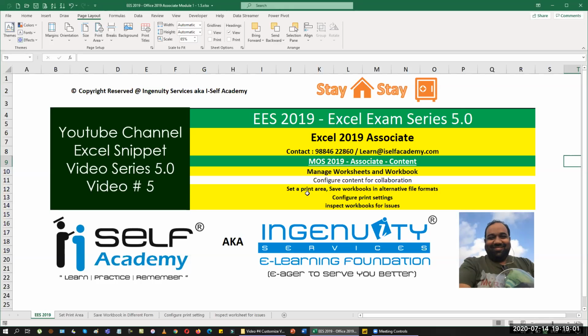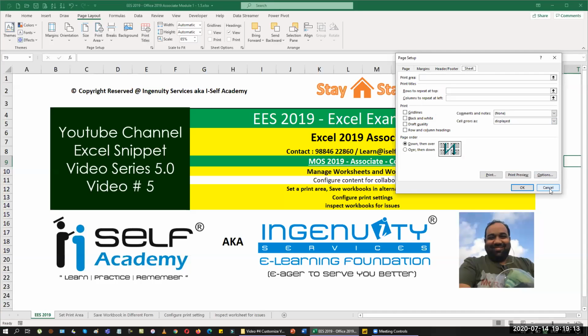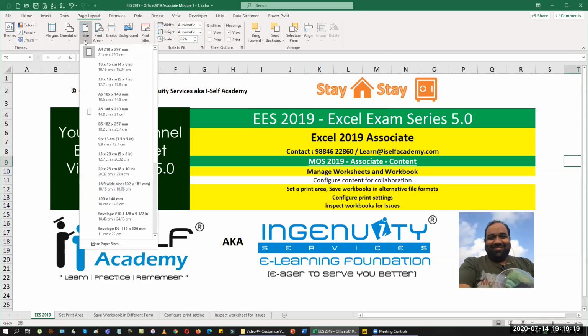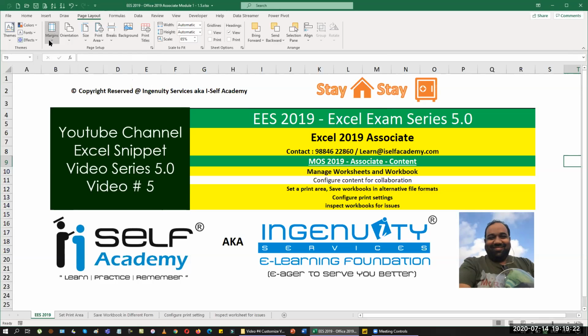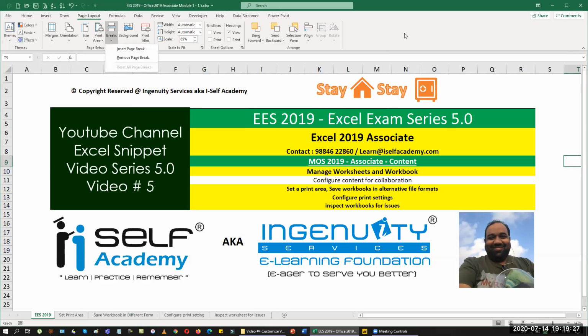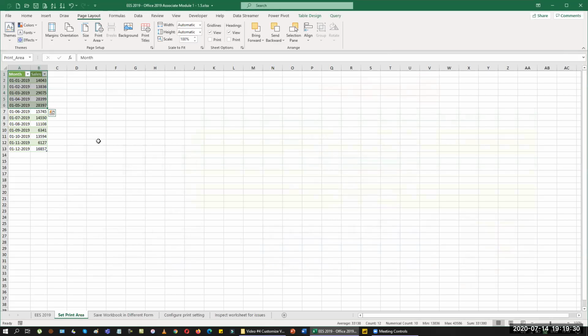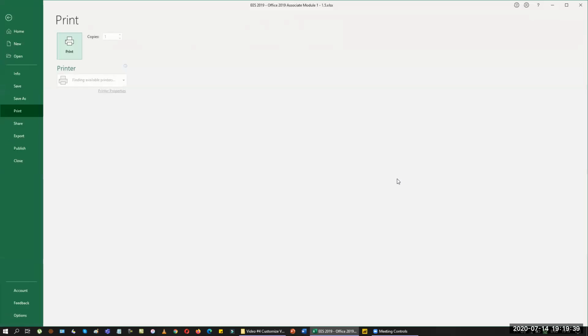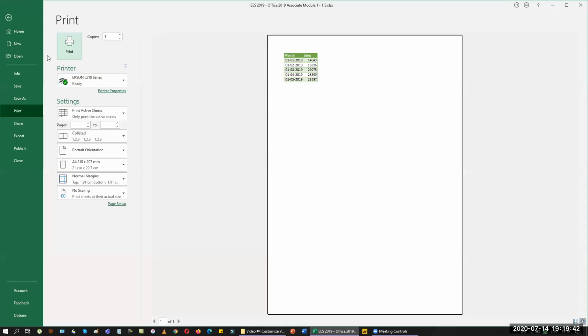So I just showed you how to set up the print area, and how to work with different file formats. Next, configure print settings. They will ask you either to add a print title to this list, or to change the orientation to landscape or portrait, or to change the size of the page, or they can set a margin in a weird way, and you can convert it to a proper one. They can also ask you to insert a break somewhere. For example, they want to add a break after 7, so I can just insert a page break here. When I go down to page 1, you can see the first page, and when I scroll down to the next list, you can see the other one.